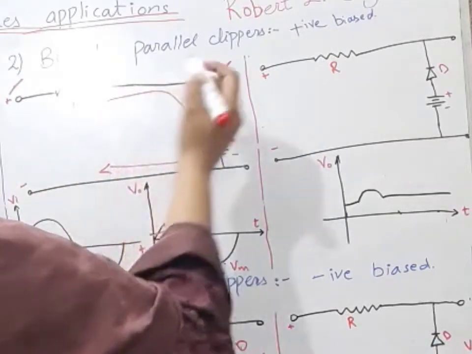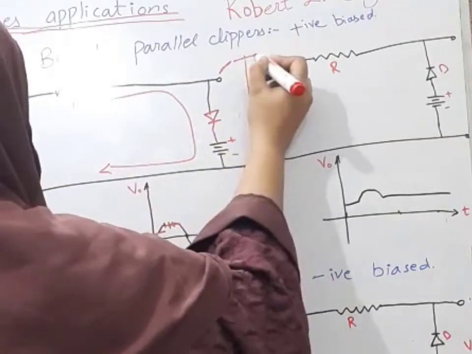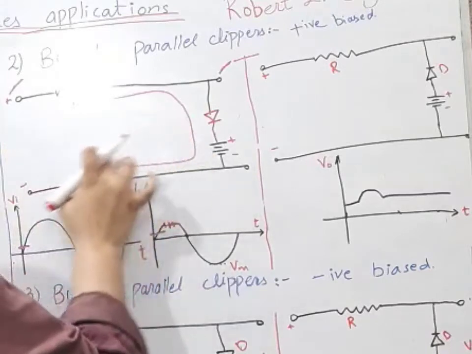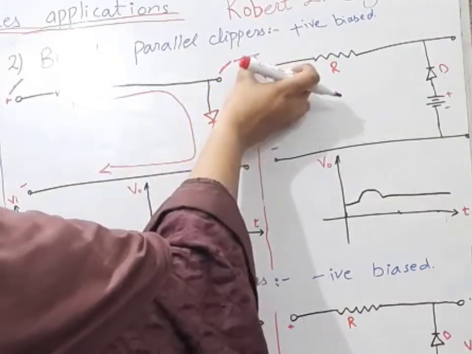So that's why we will get the same potential, plus 3. Understand? And for the plus 6, again current will flow in this direction and we will get the same potential,